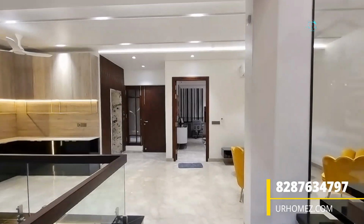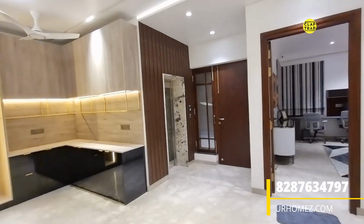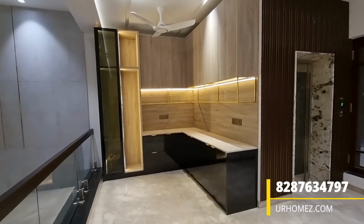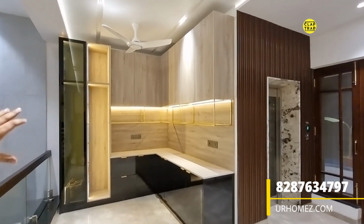ये bridge बहुत important role play करता है. So एक part पे bridge के we had the parent room, and the front part of the house we had the complete and entire big kids zone. Okay. So I can say it's a proper kid area. If you see this part where we have the complete bookshelf,